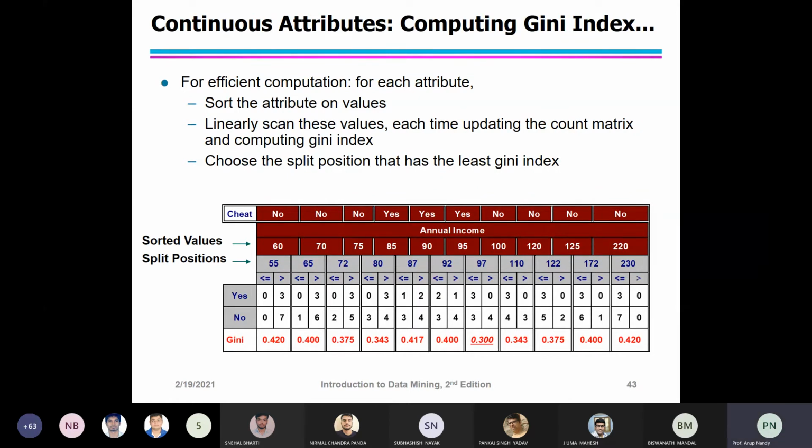This new distribution is obtained by examining the class label of the record with the lowest income, that is 60K. The class label for that record is No, so the count for the class No increased from 0 to 1.